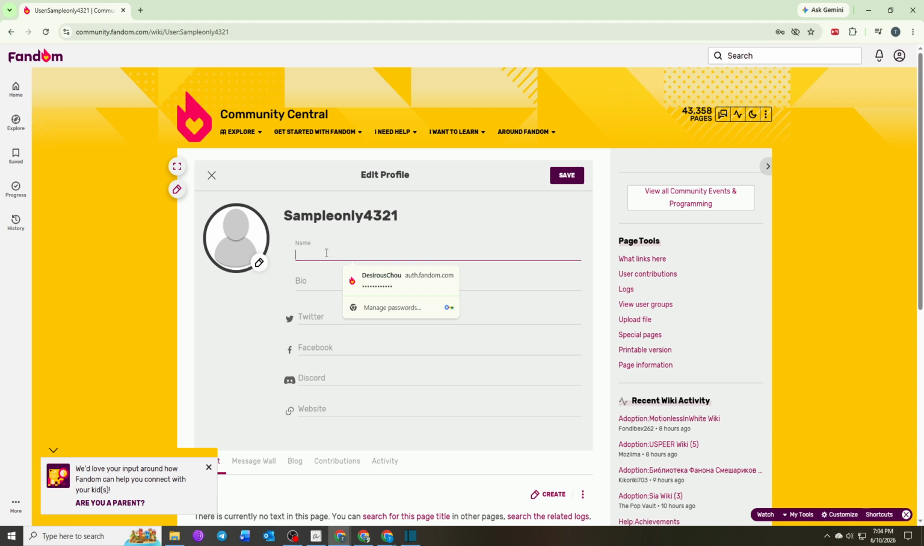Inside the profile editor, you'll see a field where you can enter your name. Carefully type the name you'd like to display on your profile. Below that, you'll find an area dedicated to your biography. This section allows you to add a short description about yourself, your interests, or anything you'd like other community members to know about you. As you continue through the profile settings, you'll also have the option to add links to